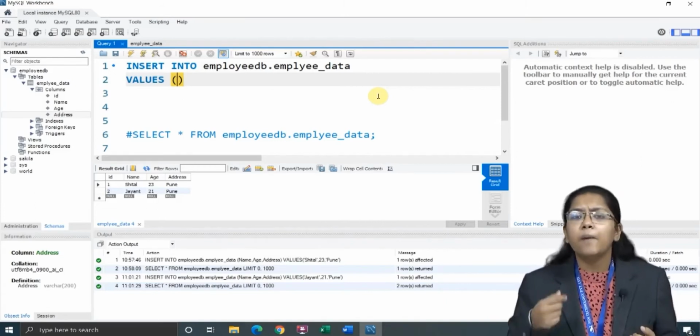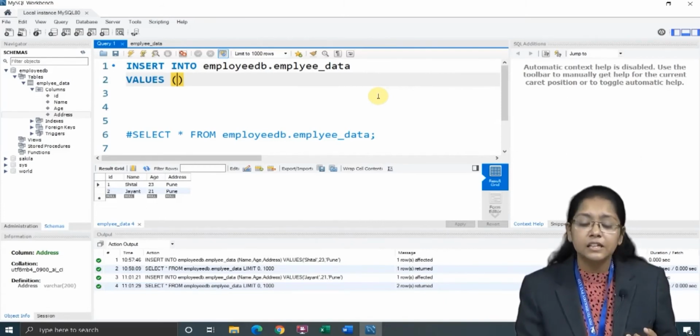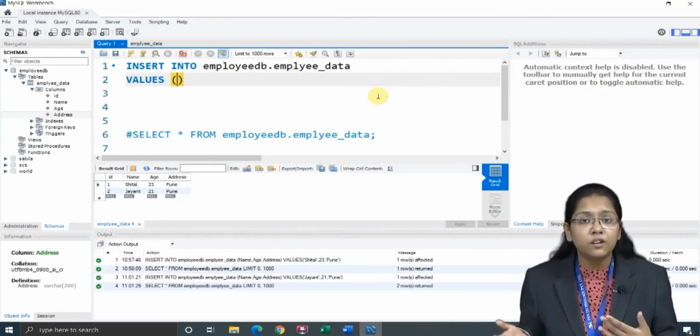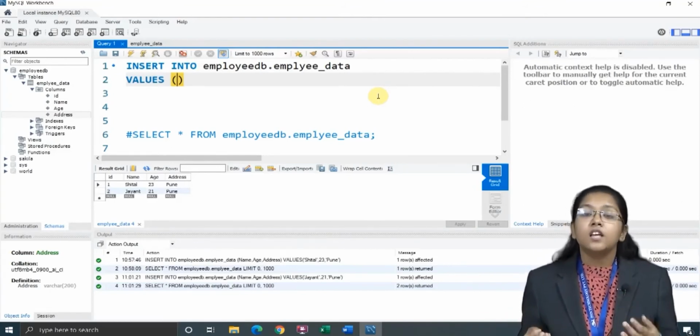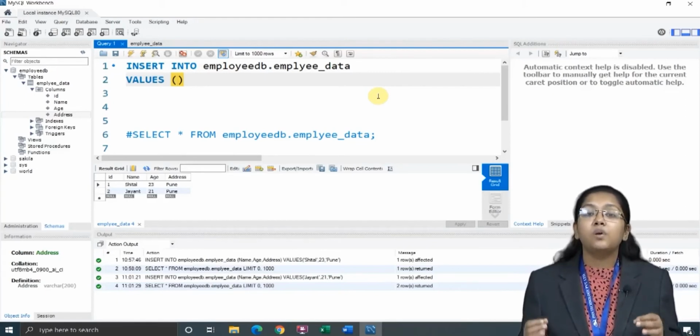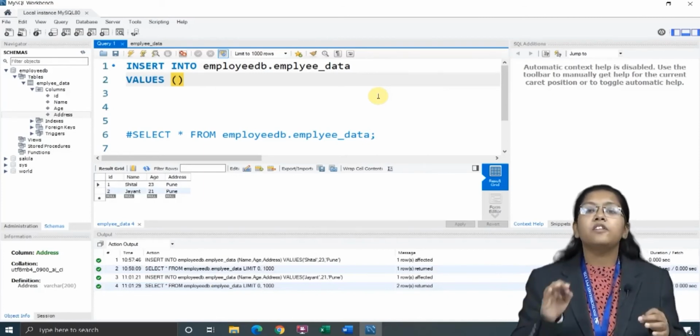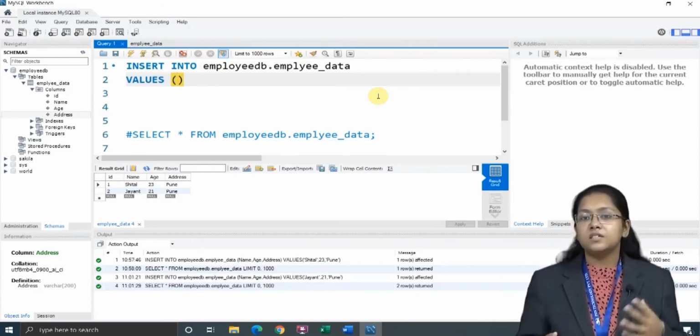But here, am I specifying the columns in the syntax? Can you see me specifying the columns here? No, right? That means here you have to add values for each and every column. Still we will check, because our id is auto incremented, whether this should not happen.